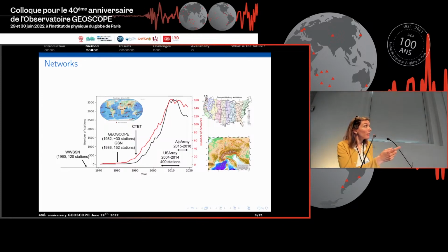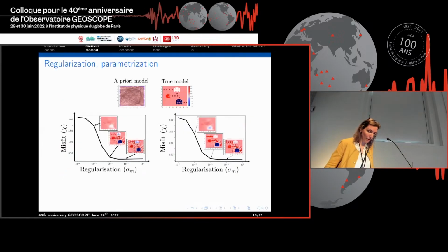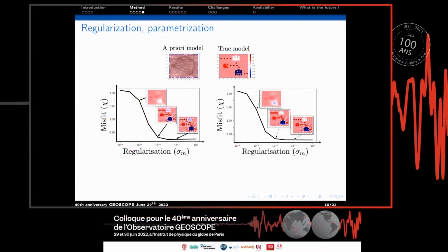And lastly, there are these very dense networks that are, so far, temporary, but also very useful to constrain the big model. I will just skip that, but I prefer to come back here to this damping parameter I mentioned before,